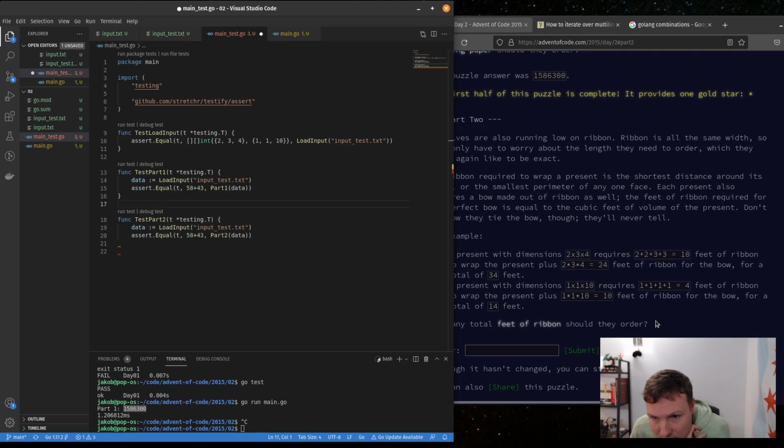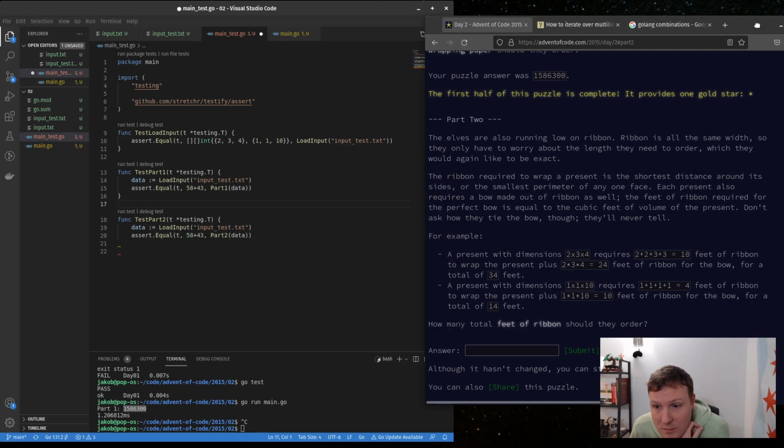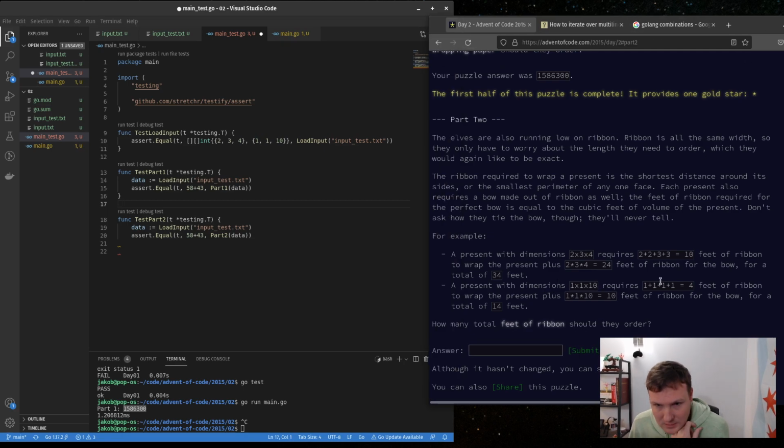All right. So we need to find the shortest perimeter, which would be, so we got 2, 3. Okay, so what we would do is we would have the two